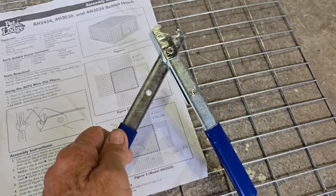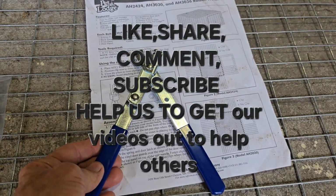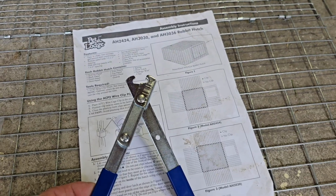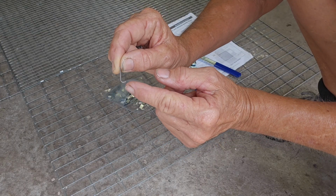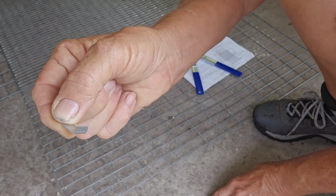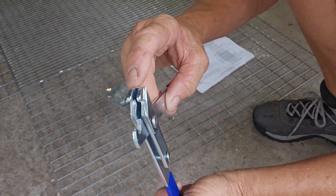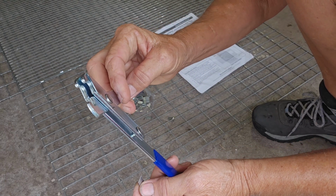And this is a tool that you're going to need. You can't put this together without this tool. I was thinking, well, maybe I could take a pair of pliers. But this is definitely the way to go to make it simple and easy and faster and not a headache. These clips right here are shaped like an L, so it's kind of round right here. The tool is shaped like an L with two L shapes right here. Now when you put these clips on,